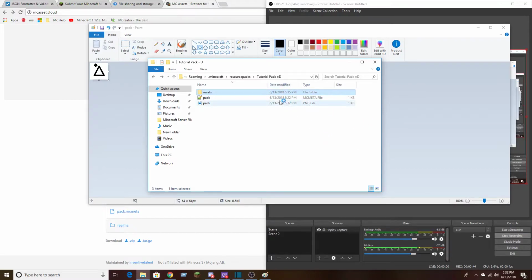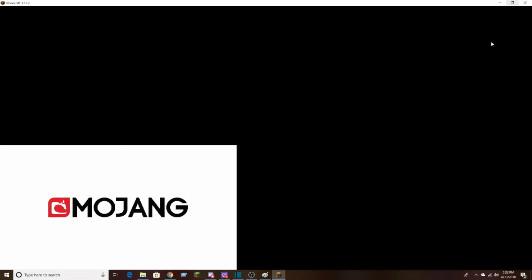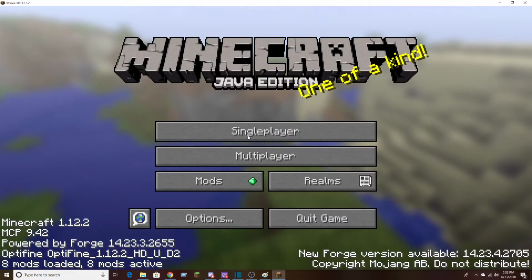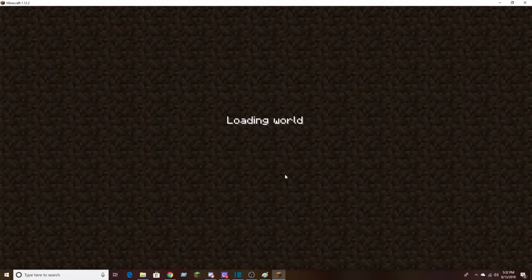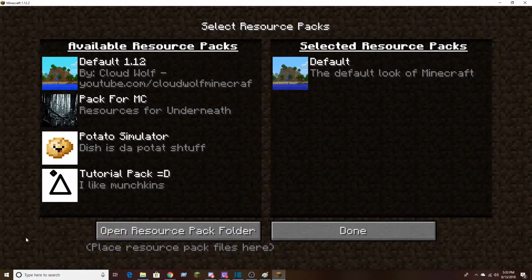If it doesn't show up, then you may want to check and make sure nothing is wrong, or you might have screwed up. But if I were to open my Minecraft, then you could click options and then resource packs, and then your resource pack should show up right here. This is the resource pack. Tutorial pack Happy Face, I like Munchkins, and as you can see, that is my